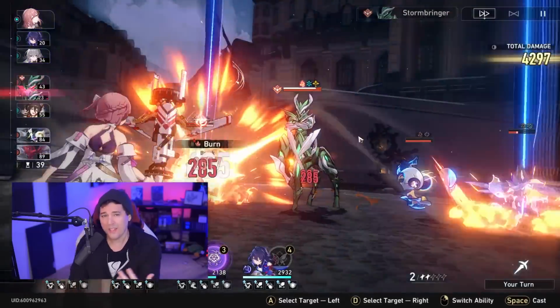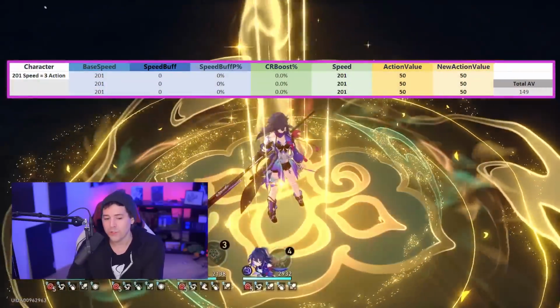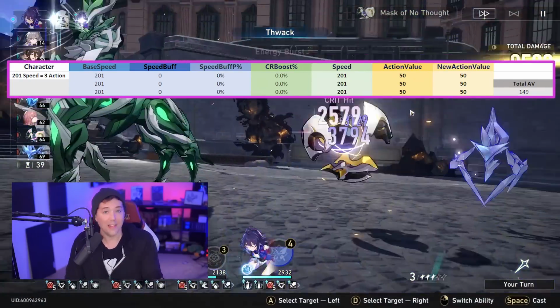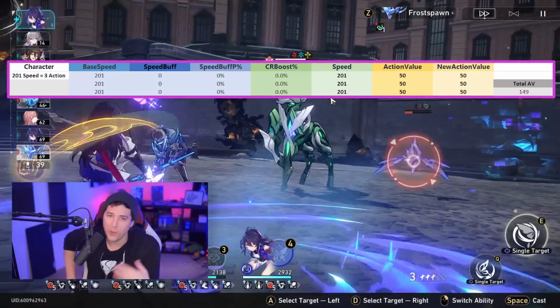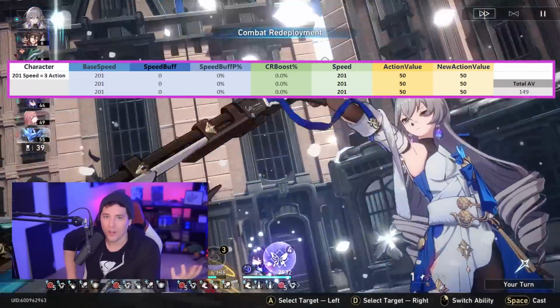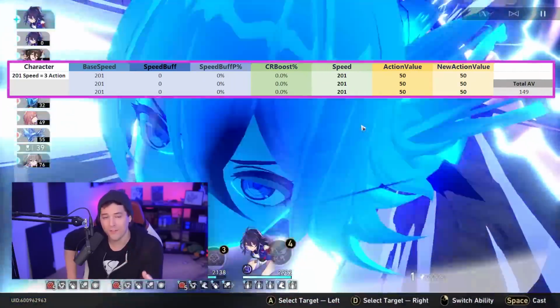For instance, if you wanted to take 3 actions in cycle 0, you would need at least 201 speed to guarantee that you would have 3 actions within that cycle, as having 201 speed is going to give you a 50 action value. 50 plus 50 plus 50 is 150, and you'll fit 3 actions within that 150 action value